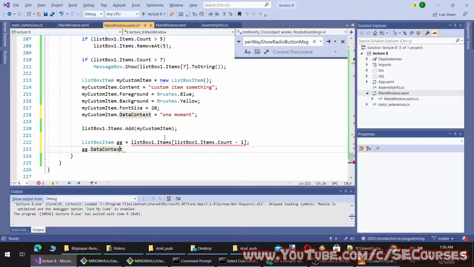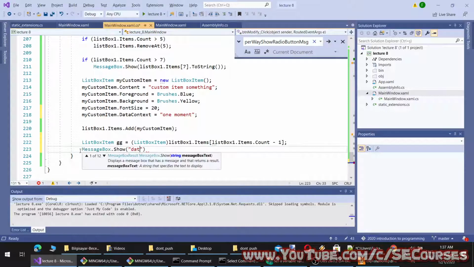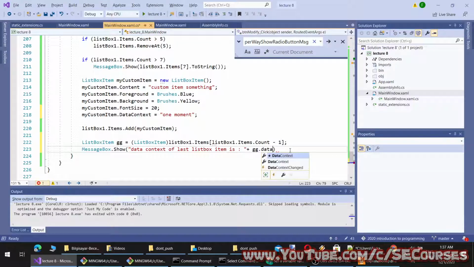Okay, now I can read it. However, it doesn't implicitly convert object to Xbox item, so I have to do that. Okay, now it works. Data context is used for other reasons as well. However, now we can use it like this to read certain values.